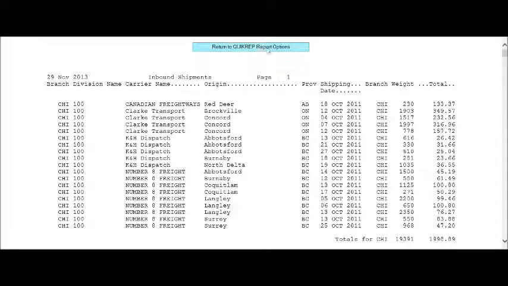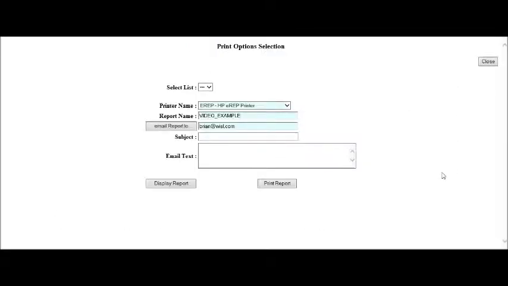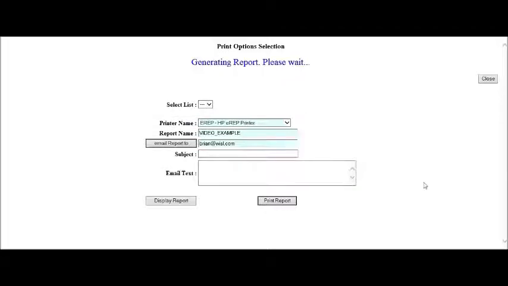Now we'll go back to the options again. And if we are to send it to the printer, we've already set our printer up, or if we're going to email it, in this case we're going to send it to the printer. We've already selected our printer, so we're going to click Print Report. It does a little preparation, and we have to wait until that's complete. And then it will give us a message saying that it's sending this report. And in doing that, it allows us to then return. We do not have to wait until the report has been printed, but rather we simply go back to our